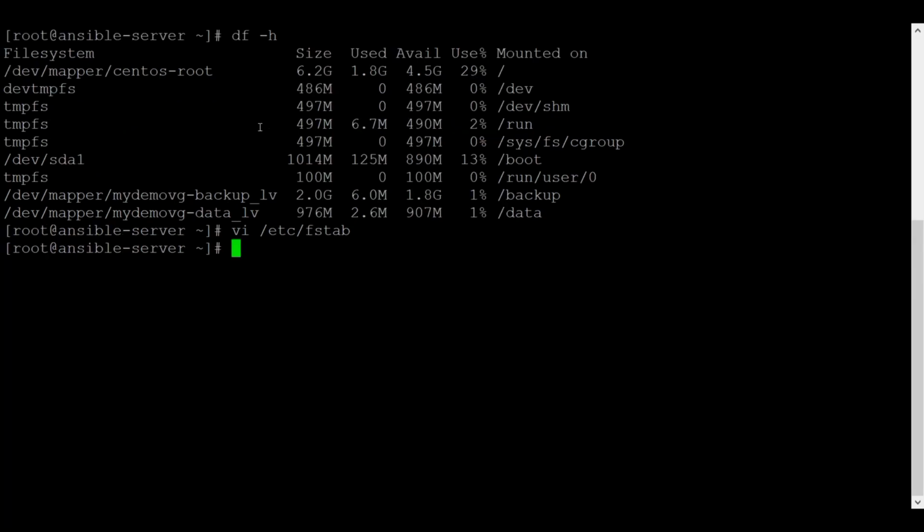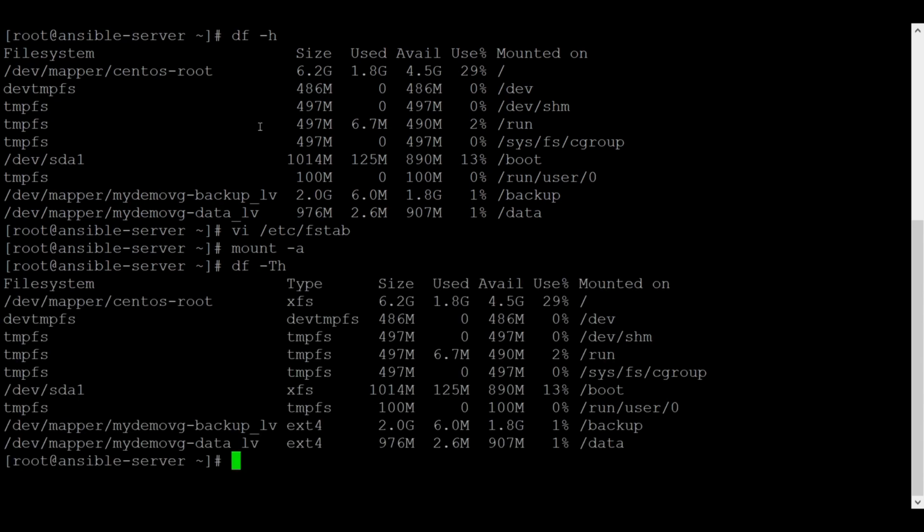Just save it and run mount -a, great. So no error shown. So now if we reboot the system, the file system will not be deleted, it will appear.